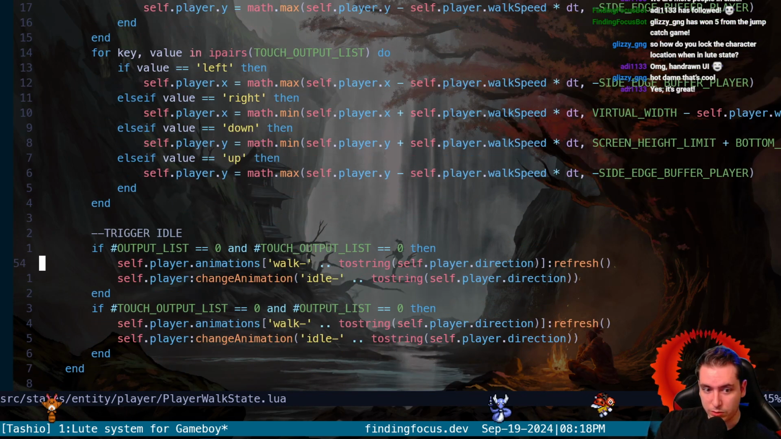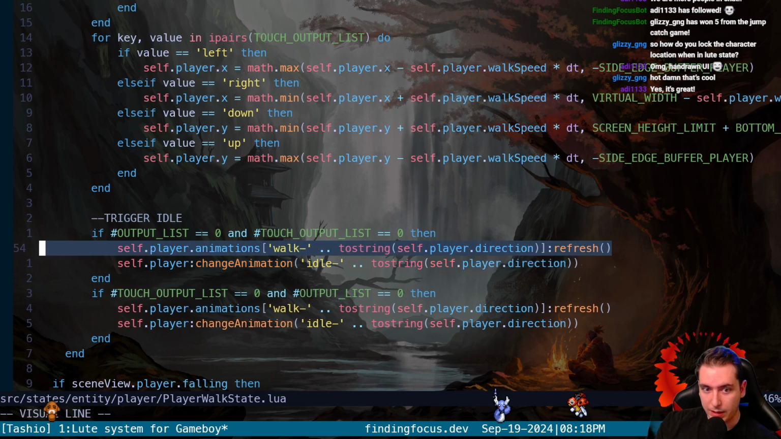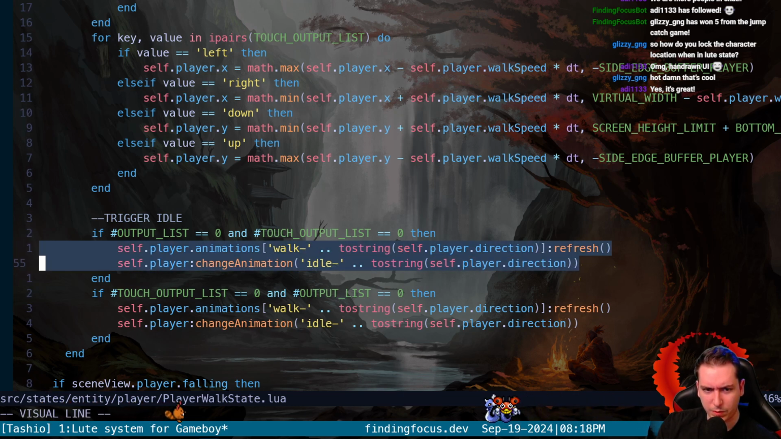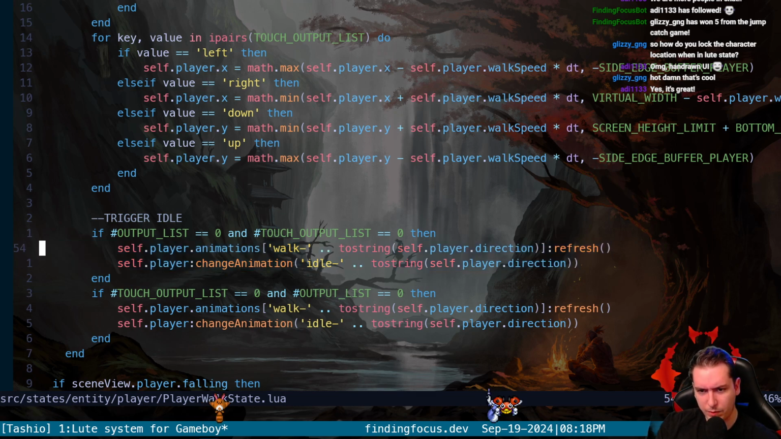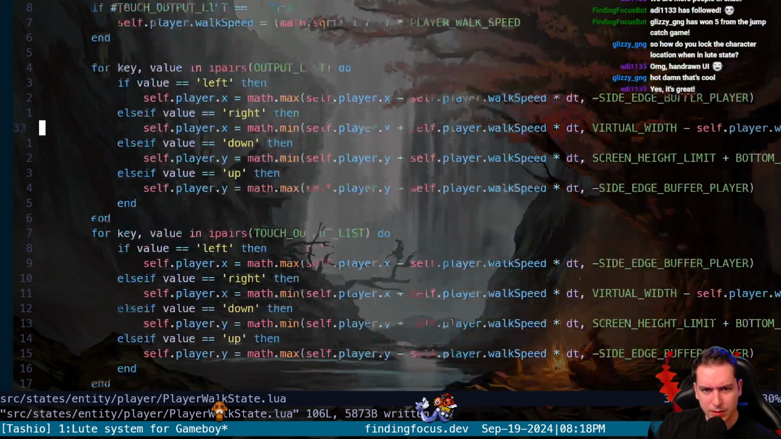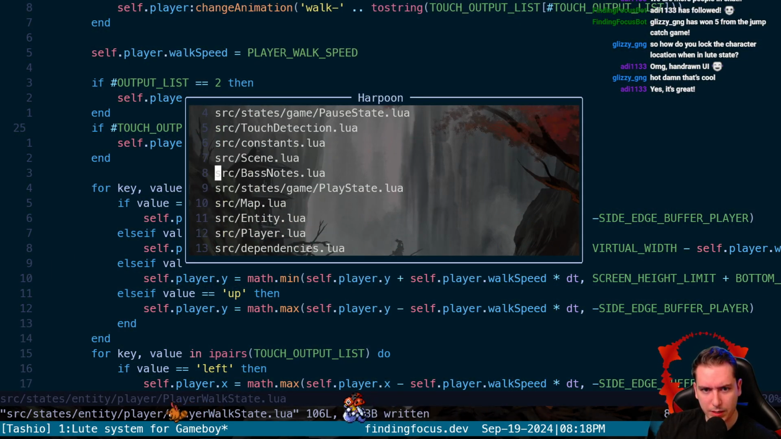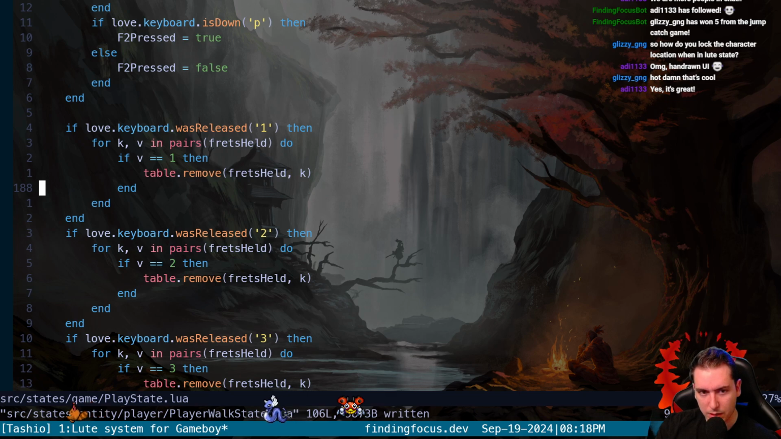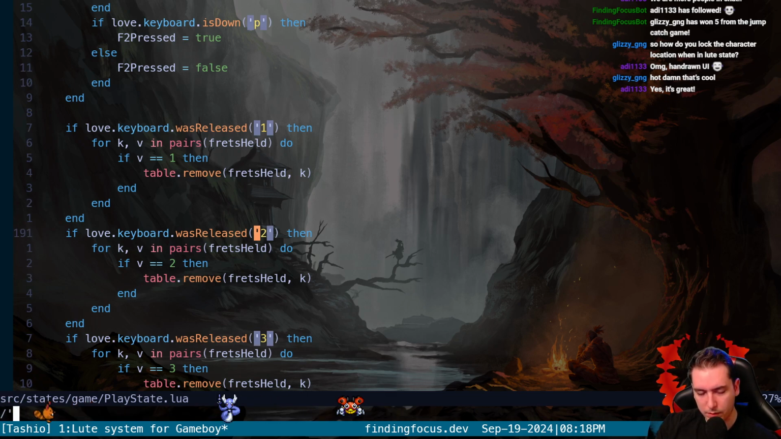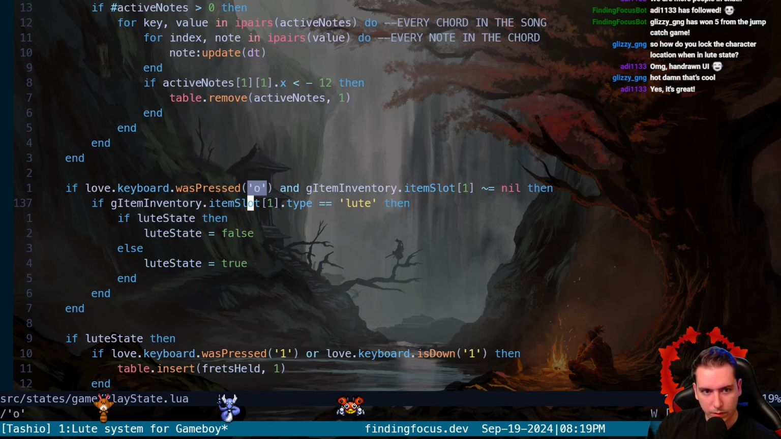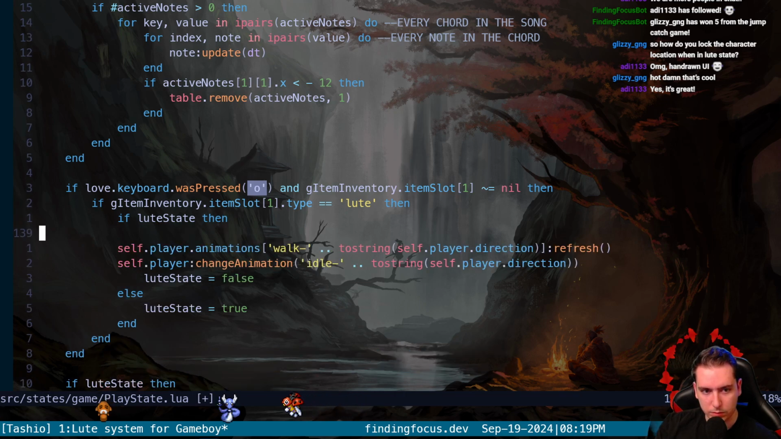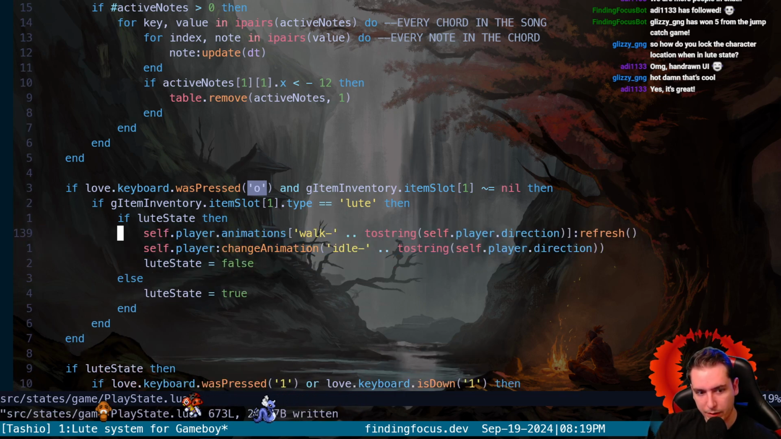So we'd probably want to change the direction of ourself, and then maybe we do this kind of refresh based on direction, and then we change the animation. Okay, I think we would want to do that. So let's see, when we toggle our play state, when we toggle our lute, which is an O press right here, let's modify our player, but our player here